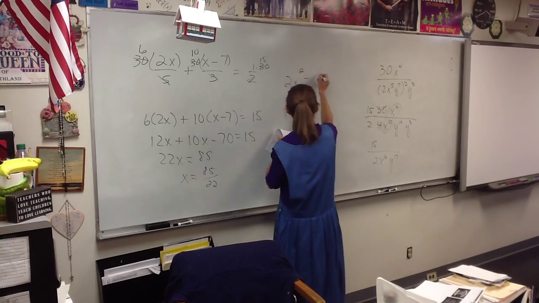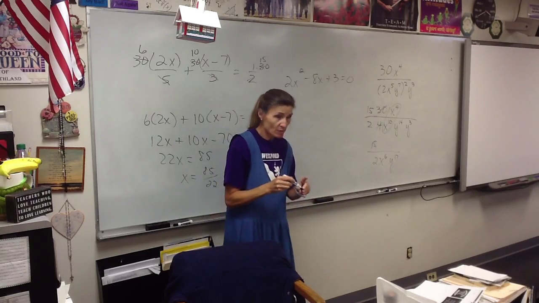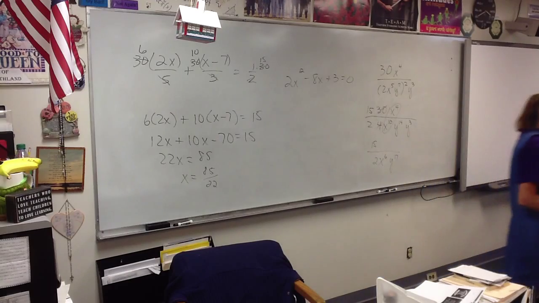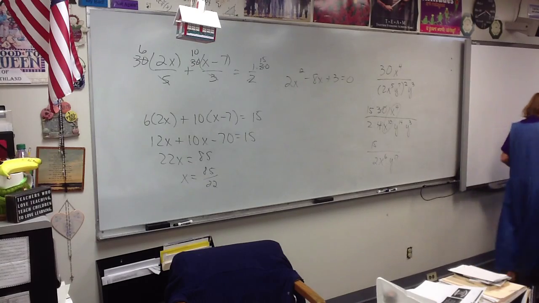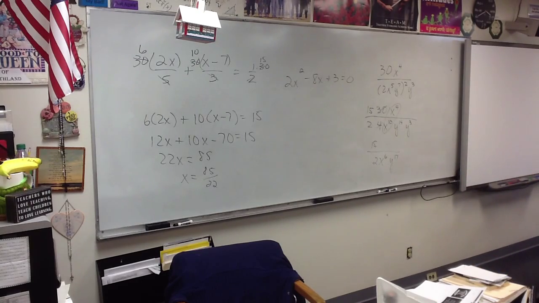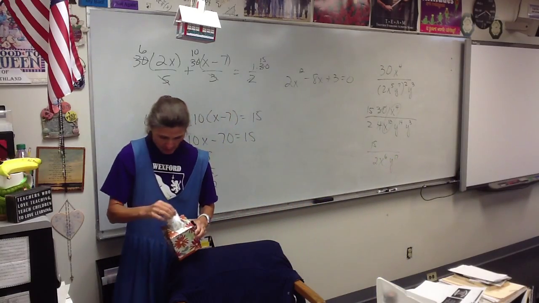If you're going to complete the square on this equation, you've got to take care of something first. What has to be addressed if we're going to complete the square? Get rid of the 2. Yeah, we've got to get rid of the 2. So we're going to divide everything by 2, and then we'll be ready to complete the square. All right, so if we divide everything by 2,